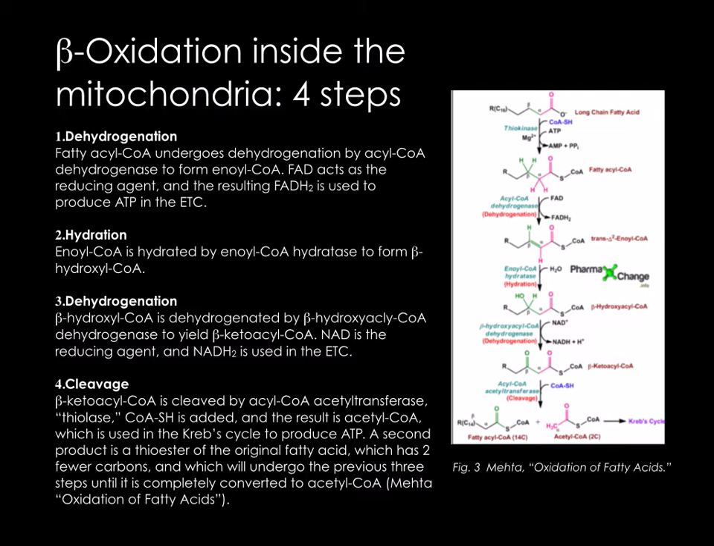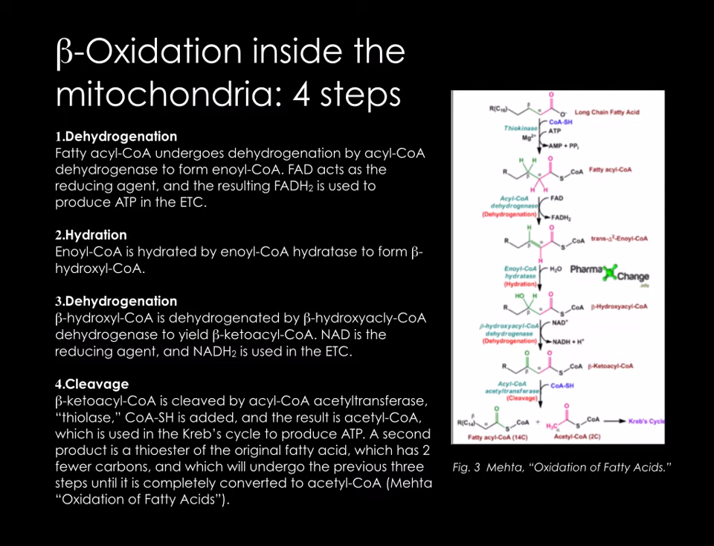So the fourth and final step of beta oxidation is beta ketoacyl-CoA being cleaved by acyl-CoA acyltransferase, otherwise known as thiolase. So our CoA-SH is going to be added, and the result is acetyl-CoA, and that acetyl-CoA is then able to go through the Krebs cycle, and that's where we get the large amount of ATP that the body needs to